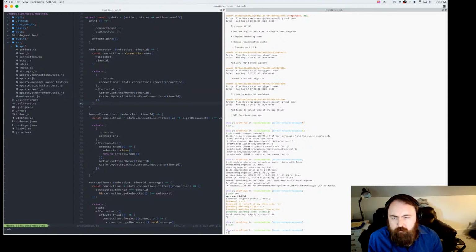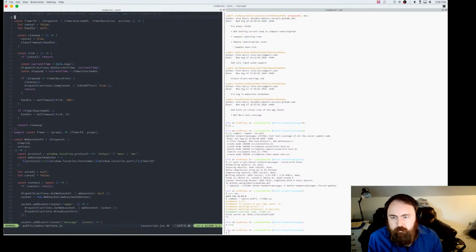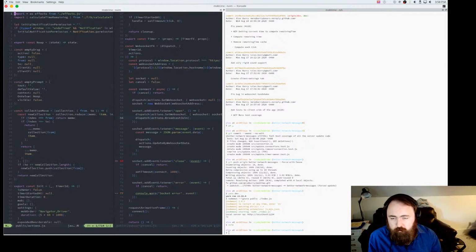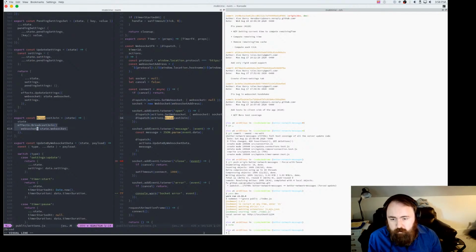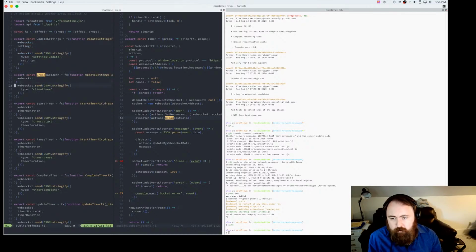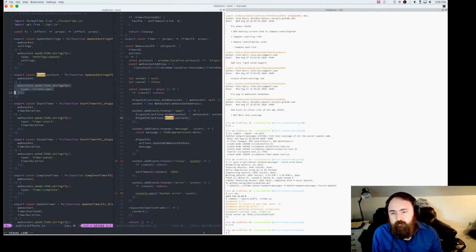So when I add a new connection, let's go from the client side and just see what happens here. We're going to subscriptions, and when we get a new WebSocket, we attempt to connect. And once we connect, inside there, we set our WebSocket, then we do broadcast join. And that runs the broadcast join effect. And that just says, hey, I'm a new client. And then that in turn messages the timer owner.